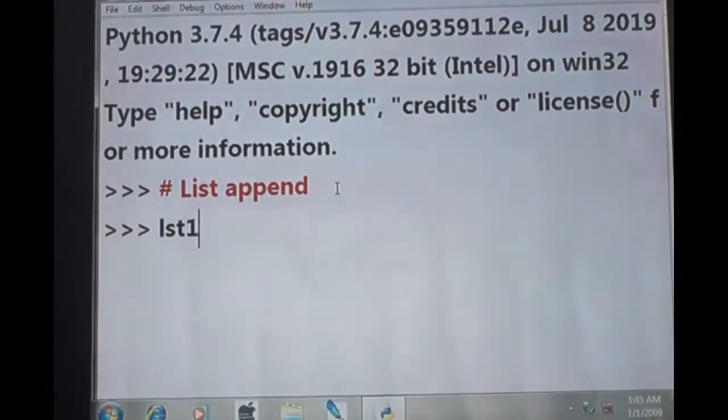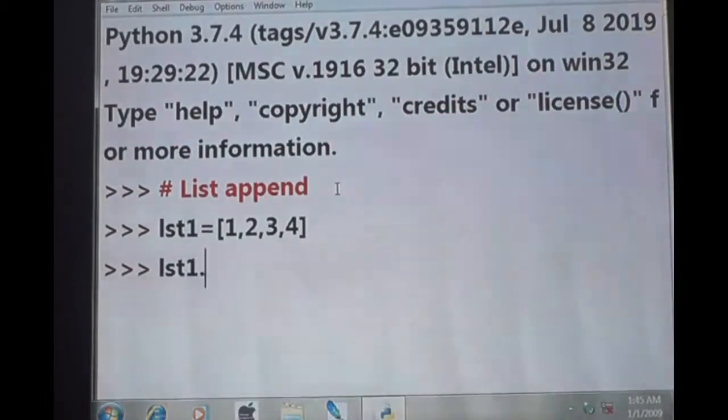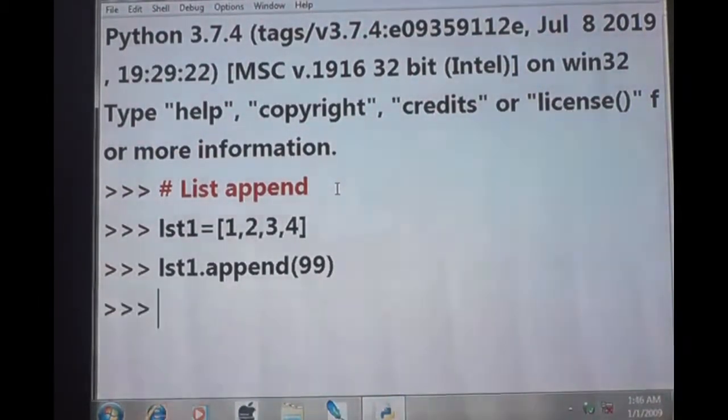LST1 is equal to, for example, 1, 2, 3, 4. Okay, fine. And next, LST1 dot append. If I am giving 99, then enter.